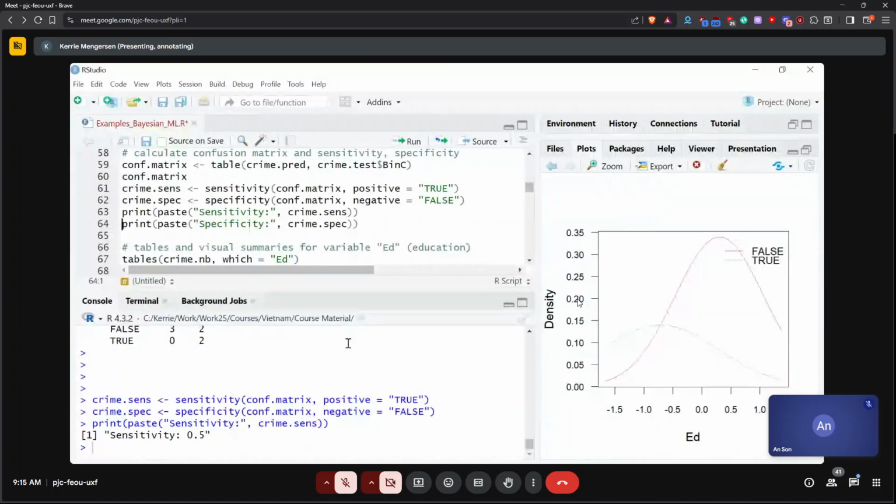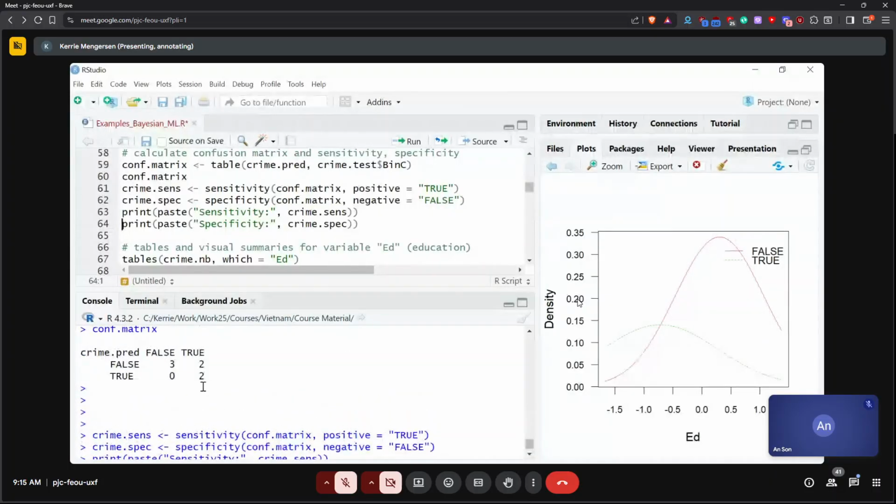So it's the probability of being true if it was really true. And you can see that's 2 out of 4 here, that I've predicted it to be true when it was really true.